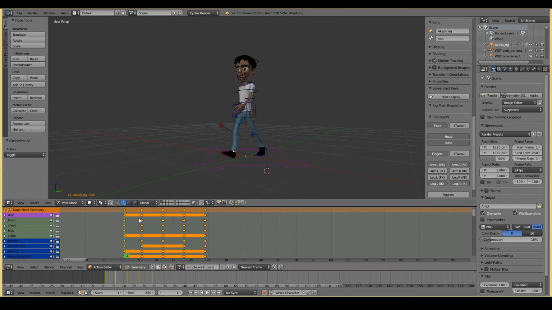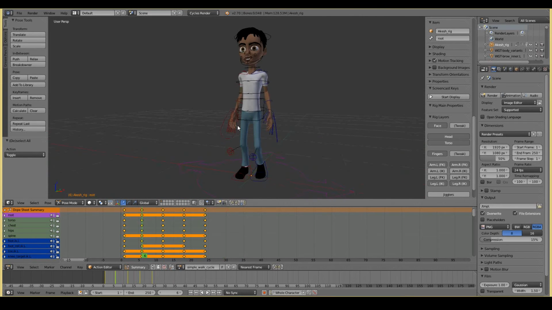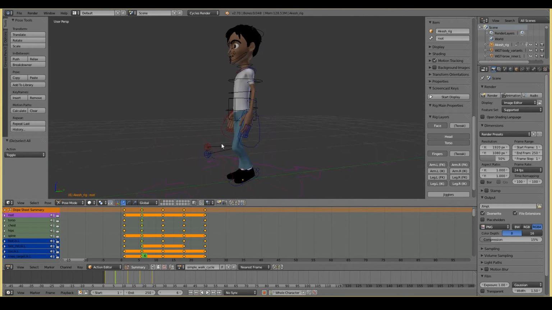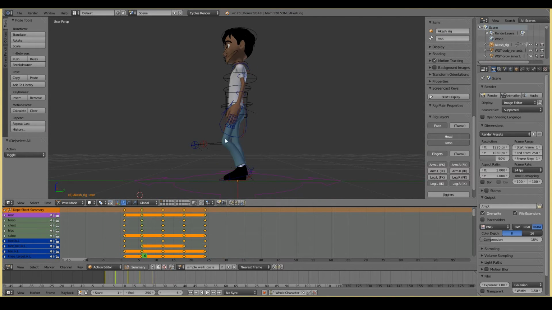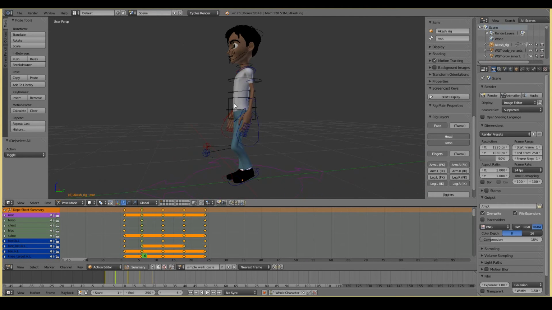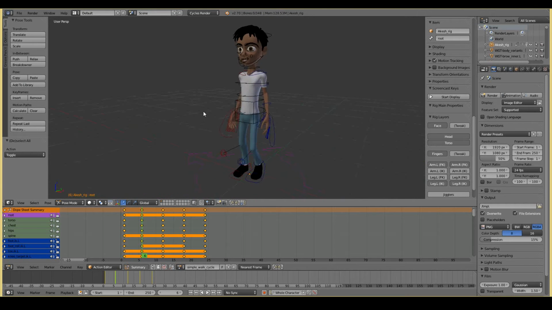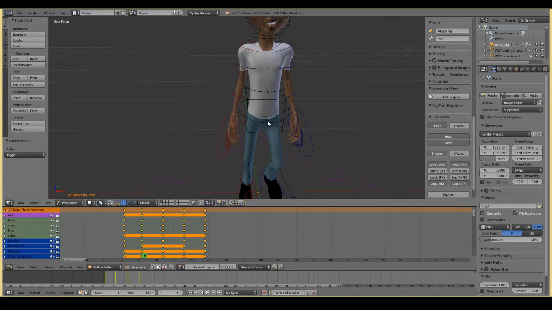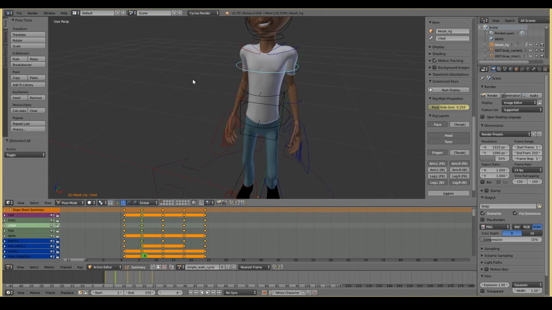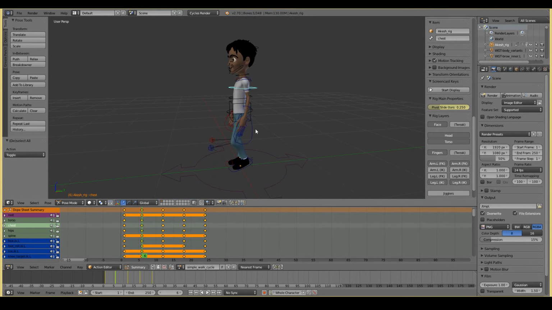Okay, so let me just quickly recap our passing pose before we get onto our next pose. For the passing pose, it's quite simple. Both the legs have to be almost in line with one another. The back leg's thigh has to be a little bit in front of the front leg's thigh. Don't put the back leg too high up. Put it just a little bit higher up, like it's almost scraping. It tends to create a more realistic effect. Pull the hip, sorry, not the hips. Pull the torso up, and pull the arms pretty much in line with the body, and that's it. The hips and the spine can pretty much rotate in front direction, and that should be good enough.